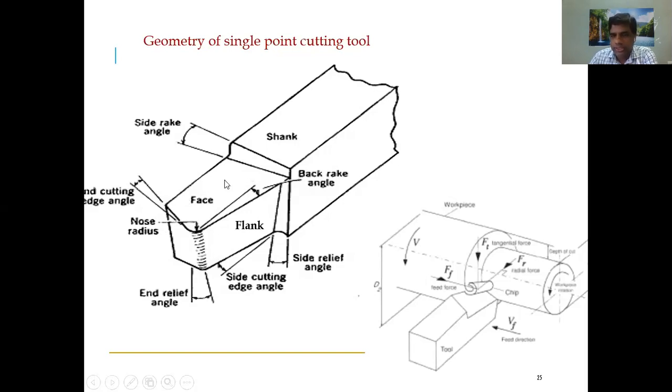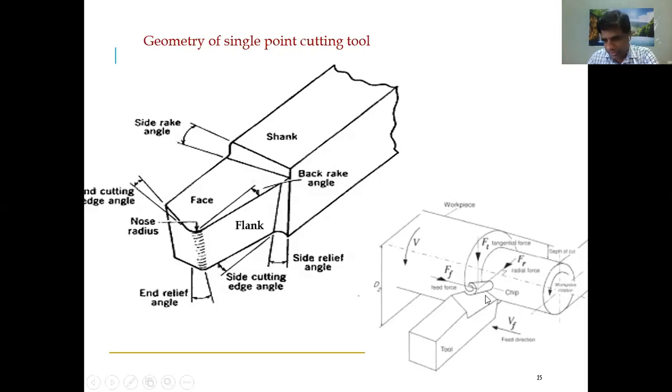And one more thing is there here. The top portion is called the face. Why is it called a face? Because once your machining is done, the chip comes on this surface. That's why the top surface is called the face. The face is the surface of the cutting tool where the chip comes out or touches the workpiece. This is the primary portion which faces the chip on the cutting tool. That's why it is called a face.